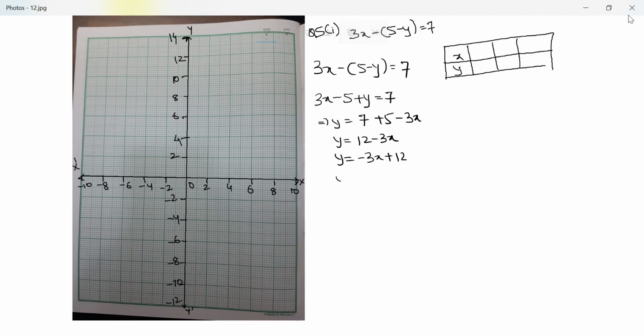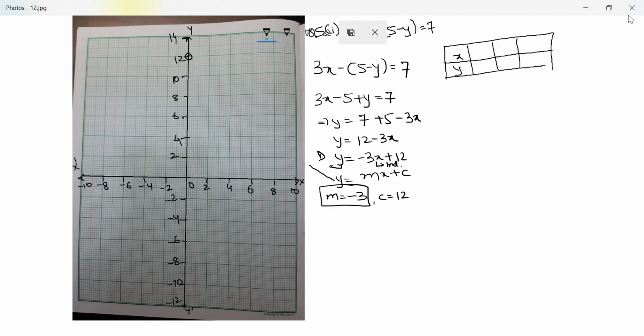Again, the next line that I'm writing is just for understanding. y is equal to mx plus c. If I compare this, m is negative 3, which means my slope is negative 3, so it will be slanted something like this, and my c in this case is 12, so it will pass through 0 and 12, which means it will pass through this point here. Perfect. This is my dependent variable and this is my independent variable.